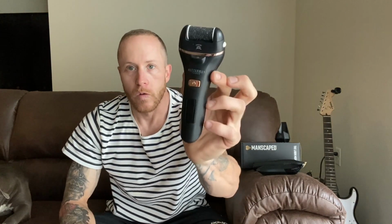Again, this thing is also very well built, has a light on it so you can see. You're bringing it in the dark shower, you can't really see what's going on. So this thing, it's really awesome. Easy to clean too. It comes with a couple of different adapters, and you can switch the stone out on there. And again, number 3 tool must have. So these 3 things, guys, right here are,